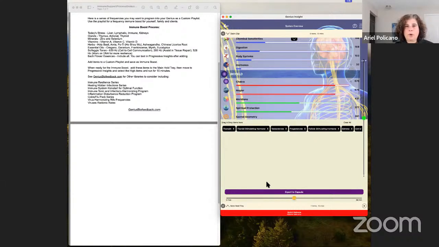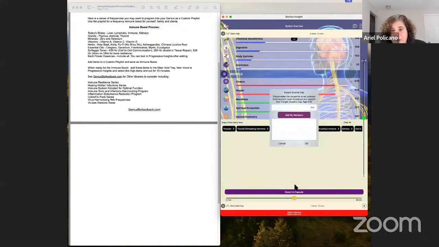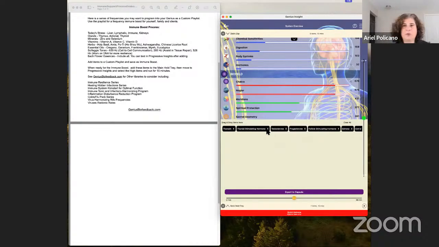So when you want to create a process or you have a process and you want to translate it, now you don't have to go in every time. I have to choose this one. I have to choose this one. It's encapsulated in your custom playlist. Once you have it in the custom playlist, you can easily export it to that person's capsule. So you can just send it to their capsule. So it could go from playlist to capsule, but